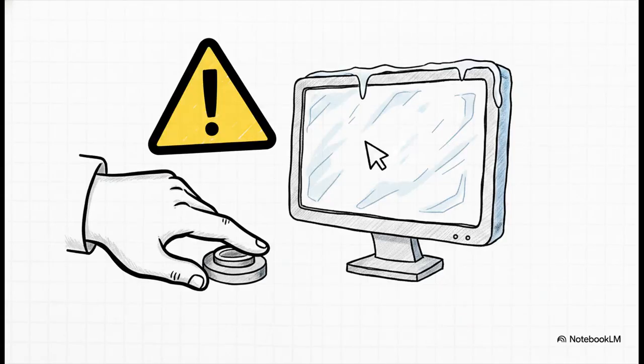Now there is one major exception to the rule, and that's the hard reset. You do this by holding the power button down for about 5 seconds, but, and this is a huge but, you should only use this if your system is completely frozen, like the screen is stuck, the mouse won't move, totally locked up. It forces a shutdown right through the motherboard. Please treat this strictly as an emergency, absolute last resort option.